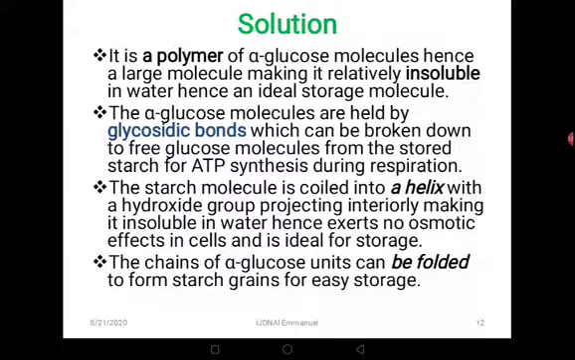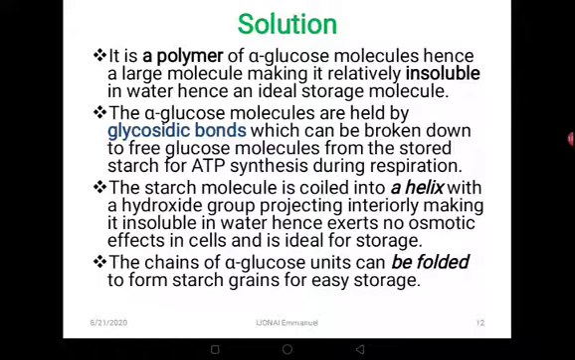So we can have a summary of our answers here. The first one is that it's a polymer of alpha glucose molecules, hence a large molecule, making it relatively insoluble in water, hence an ideal storage molecule. If starch was soluble in water, it would not be easy to store it. So because of the long polymer, because of the complex structure, it makes it insoluble and therefore very much a